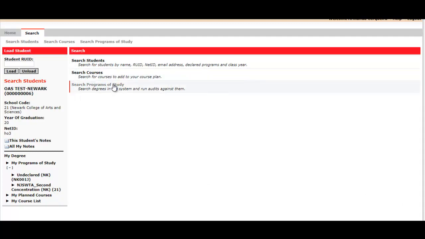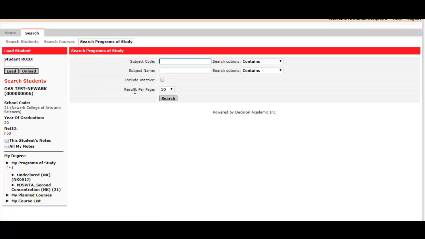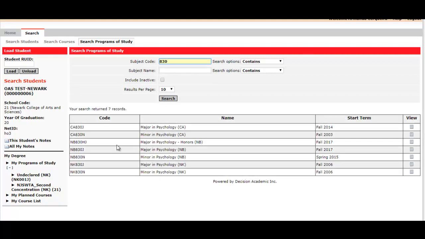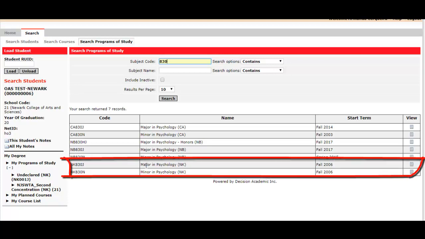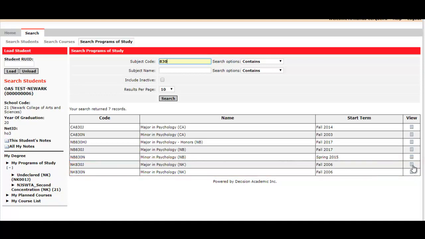I'm going to click on search programs of study. I can search using the subject code, or I can search using the subject name. I know that psychology is 830, so I'm going to go ahead and search by subject code. As you can see, it pulls up all psychology programs across all three campuses of Rutgers. What I am looking for is the major in psychology at Newark. I would simply click the View button here,